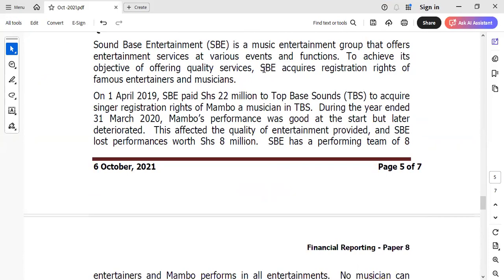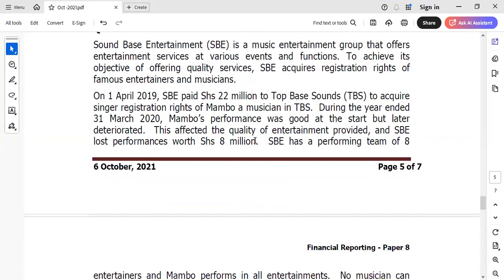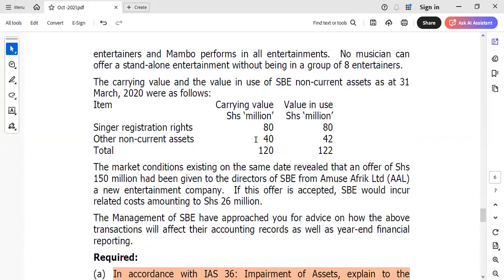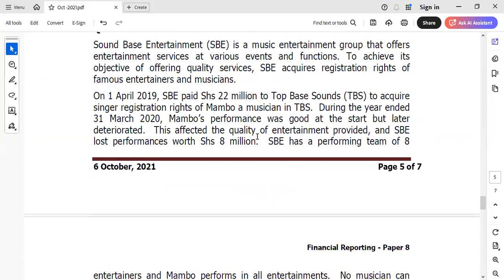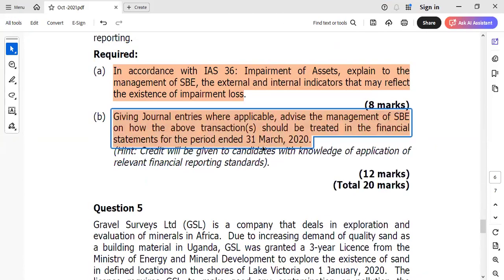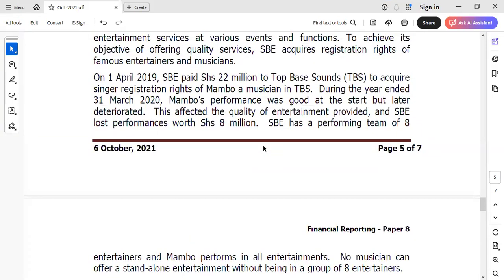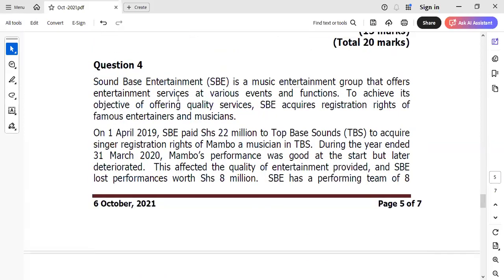Okay. So I want you to look at this. You have 12 marks. You are told that SBE is a music entertainment group that offers